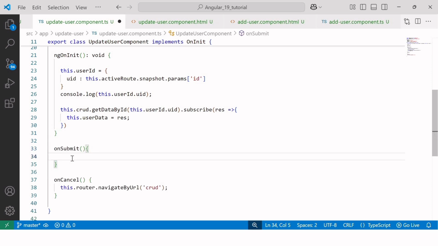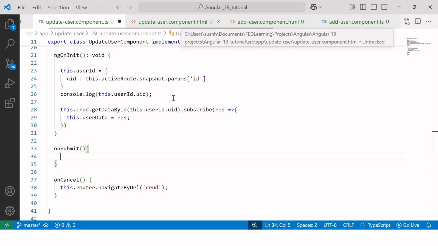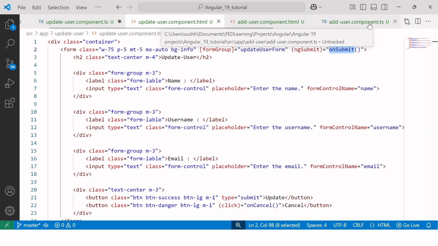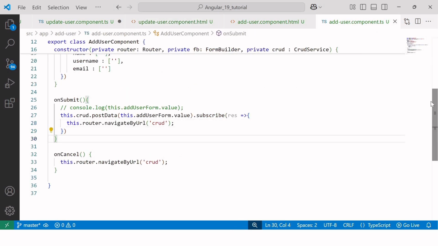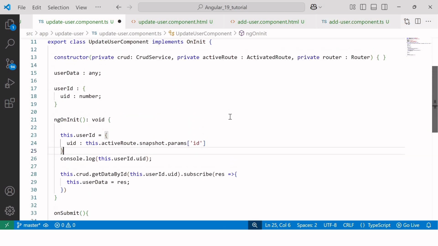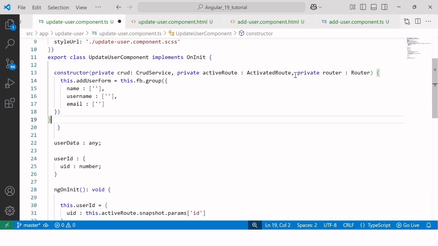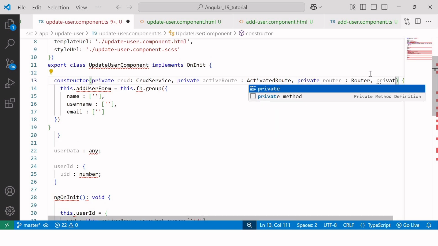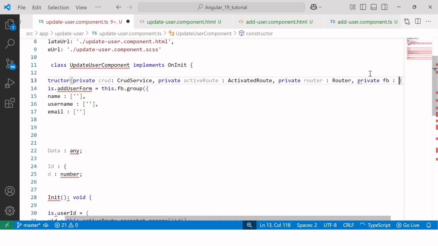Now inside this on submit method, we need to send the updated data to the server. But before that, we need to create an instance of this form using the form builder service. So let me copy the relevant code from the add user component class file and paste it inside the update user component class file, inside the constructor. And I need to inject form builder, private fb of type